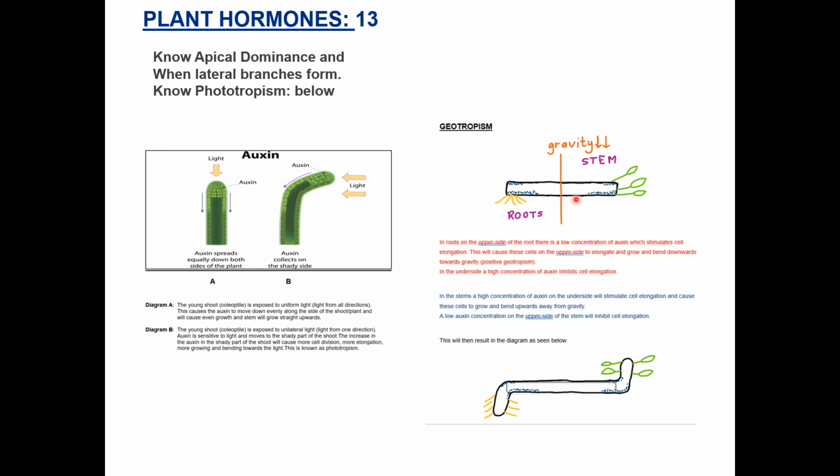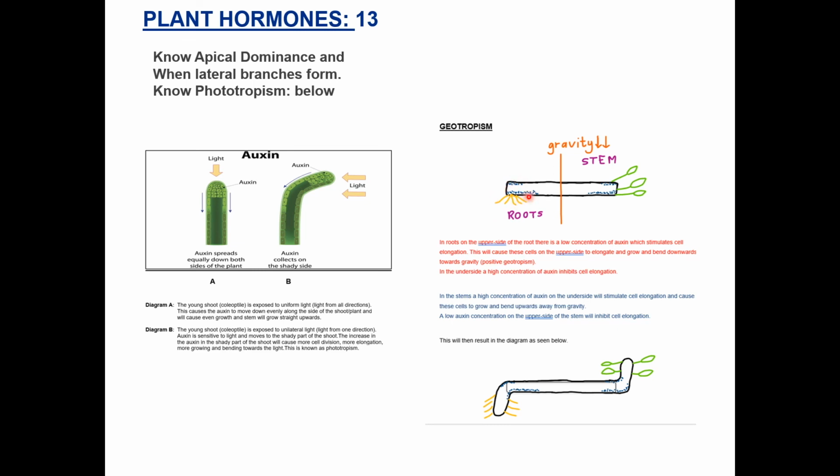So here is a diagram that shows you the effects of gravity. And if you look here, this is half of the stem and the root. This is what happens when you turn a pot plant sideways. The stem is always going to grow upwards and the root will always grow downwards because of geotropism. Here is the explanation for what happens in the roots, what happens in the stem. So in the root, the upper side, there's a low auxin concentration, and that stimulates cell elongation. And this will cause the cells on the upper side to elongate and grow and bend downwards towards gravity, whereas